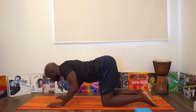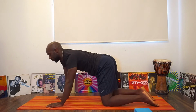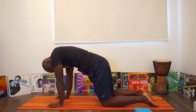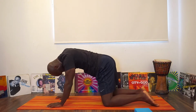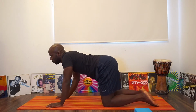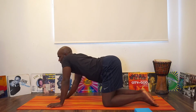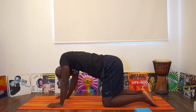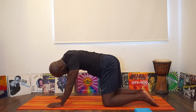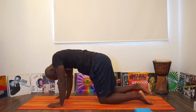On inhale, again, find nice length through the upper body, through the chest, before just coming to a nice freestyle. The freestyle element is something I love bringing to the practice. It really hones the mind for us to take responsibility for our practice, really find any nooks and crannies, see where the tension is. Just really undulate through that back, shake out through the head, and once you're ready, just come back into